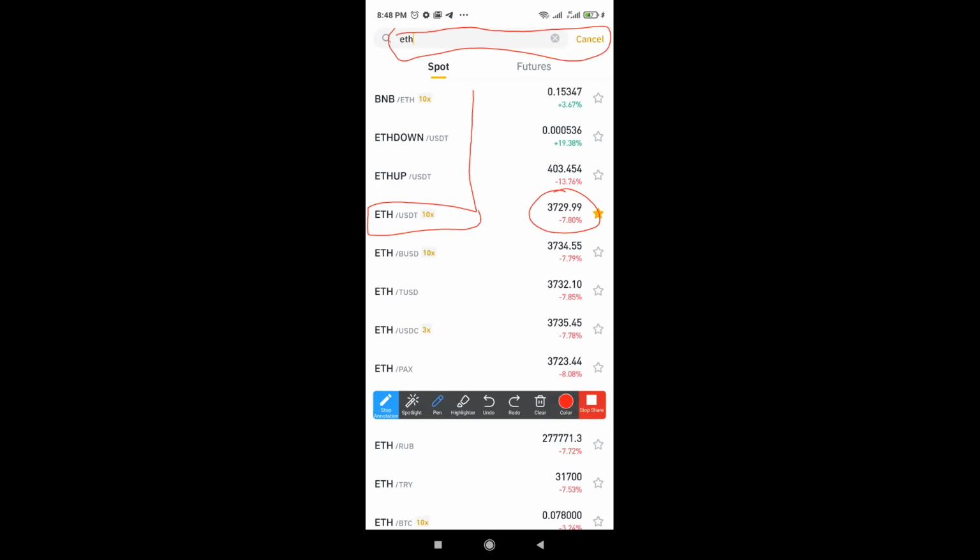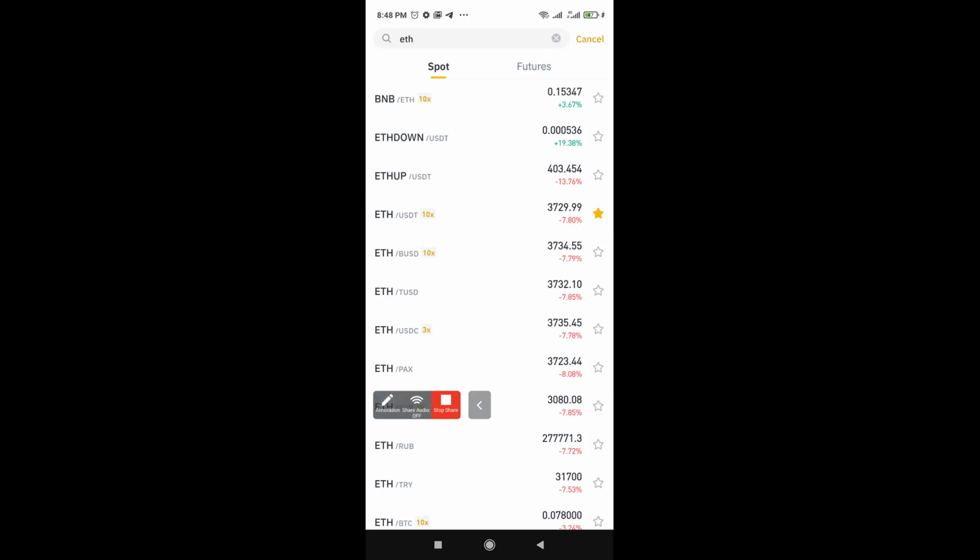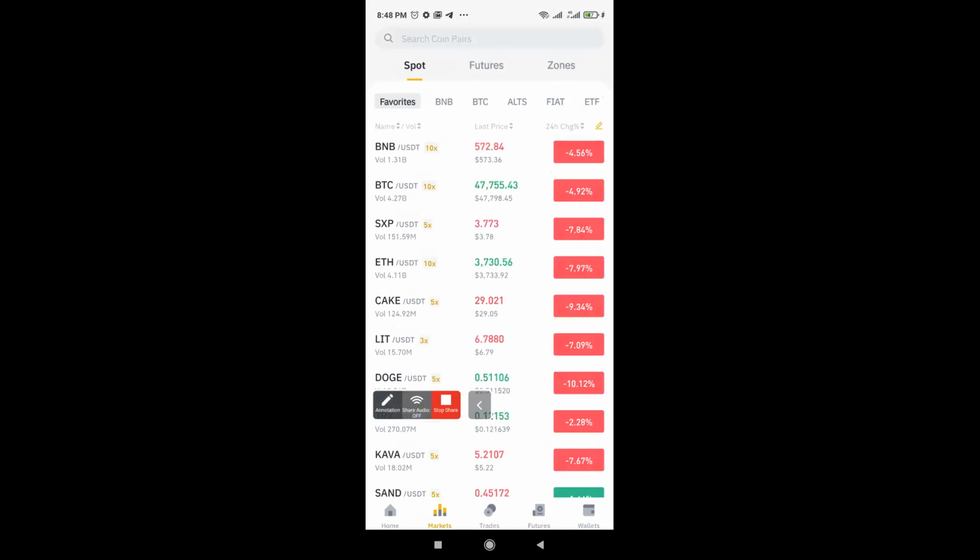When you check for how a coin is doing and you don't want to have to check for that coin later on, what you should do is click on this star over here and turn it yellow. What that does is add that coin to your favorites. So when you go back and cancel, you can see favorites over here. That coin will appear in your list of favorites.